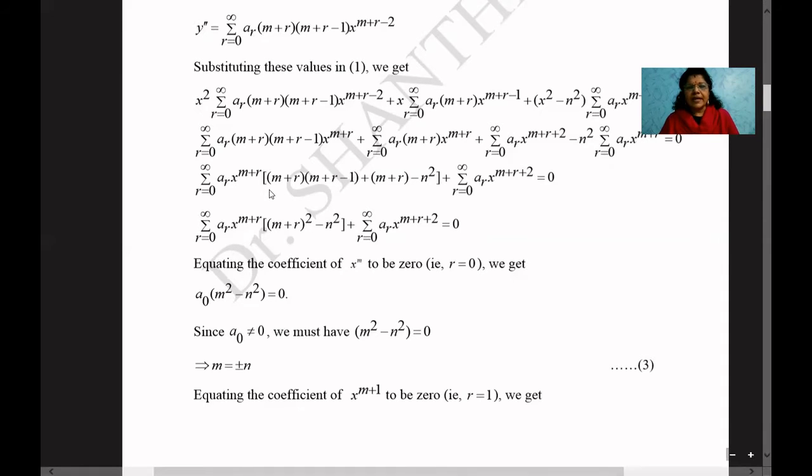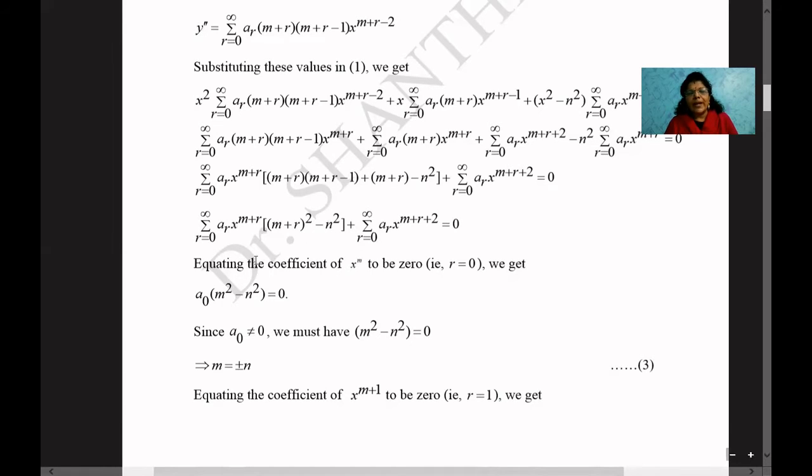Now, inside the square bracket term, I am going to expand it. This I am going to write m plus r into m plus r. That is the first term. M plus r into minus 1, second term, third term and fourth term. I repeat, this bracket 2 terms, this factors 2 terms, I am going to rewrite as m plus r into m plus r. That is m plus r the whole square. Minus 1 into m plus r. That is minus of m plus r. Plus m plus r we can cancel, minus n square. Plus this summation, second term, I am writing as it is. Okay. This is the summation series, infinite series term.